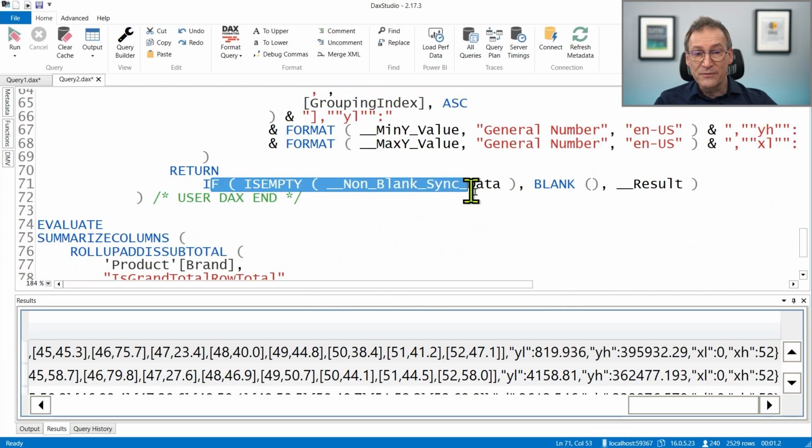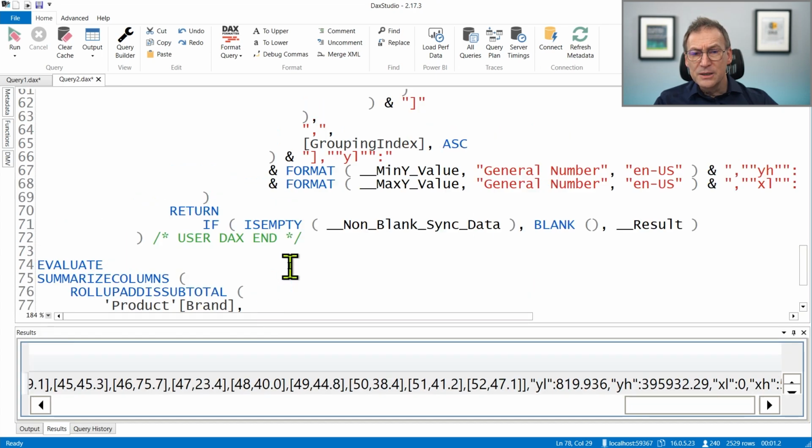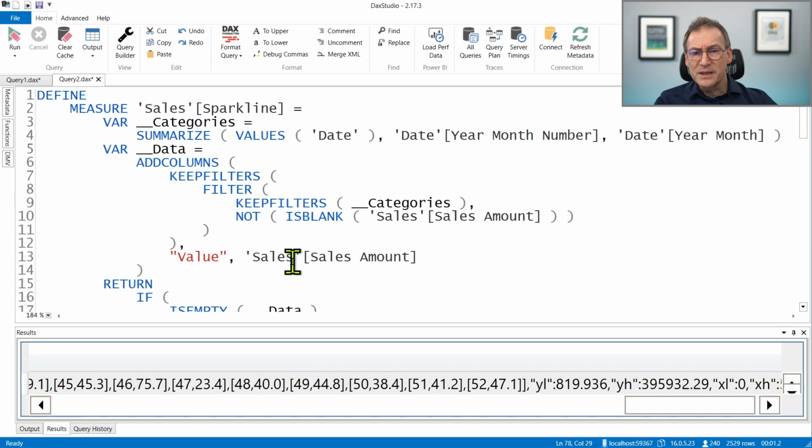And then if there is some value, it returns the value. Otherwise, it doesn't return anything. So you have seen this measure basically scans all the possible values. It gathers in a variable all the values for that single cell of the Sparkline, and then it generates this giant string. That doesn't look very smart. It requires a lot of formula engine, it requires a lot of string manipulation, and I'm wondering whether it would